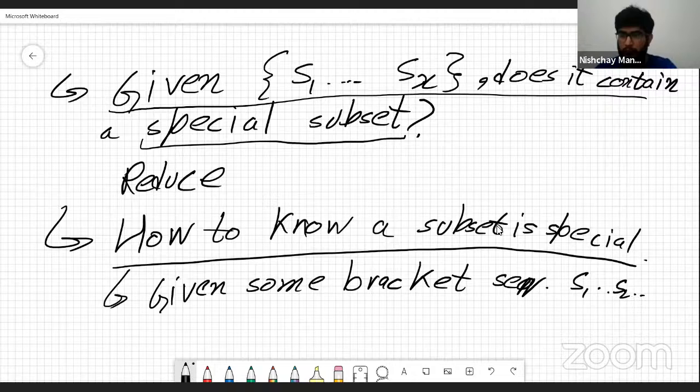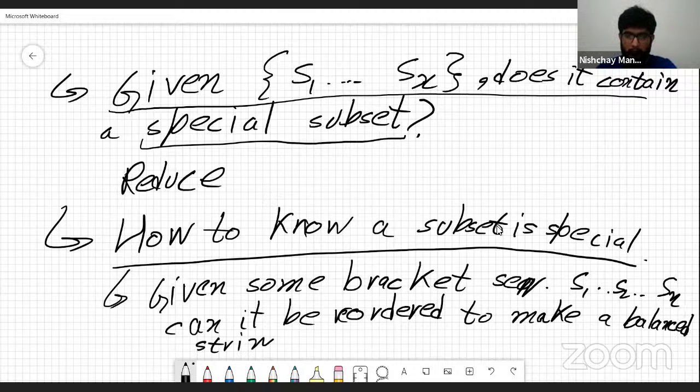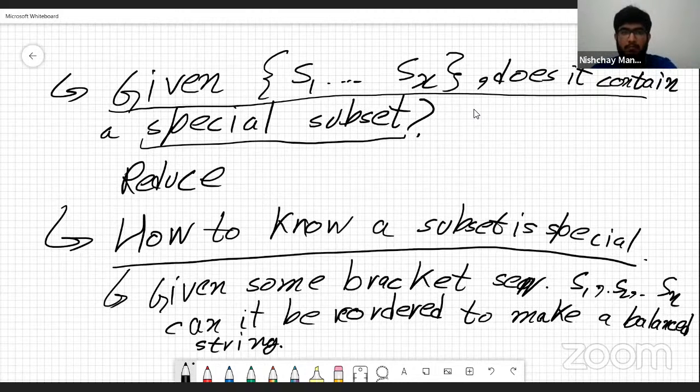S1, S2, Sn, etc. Can it be reordered to make a balanced string? So given some bracket sequences, S1, S2, up until Sn, can they be reordered to make a balanced string? Example, let's say